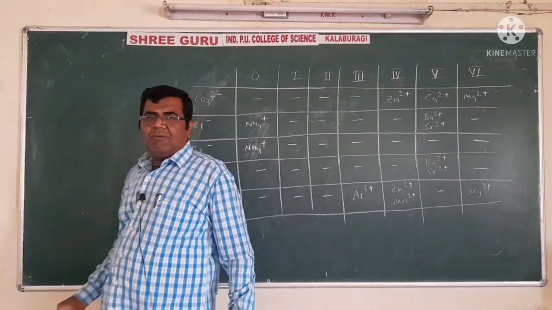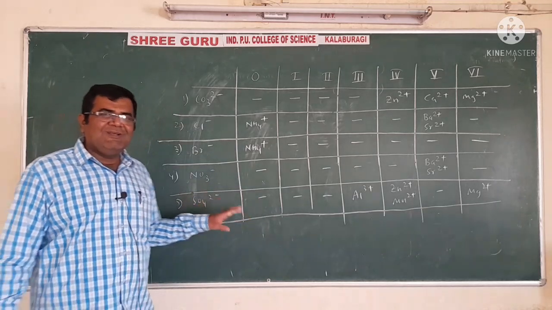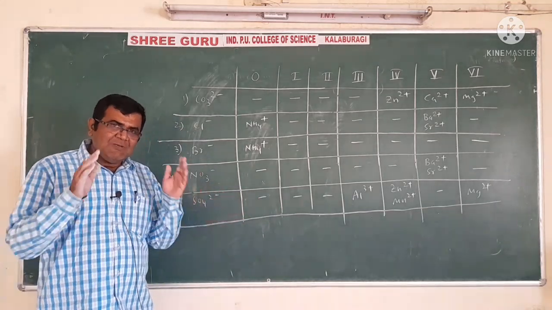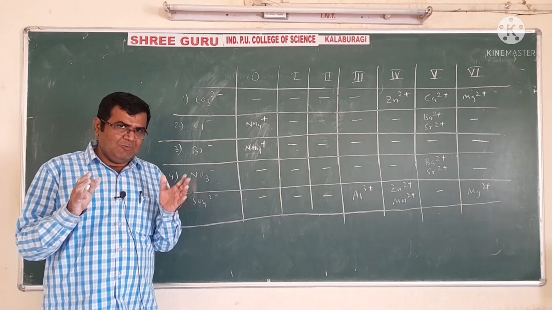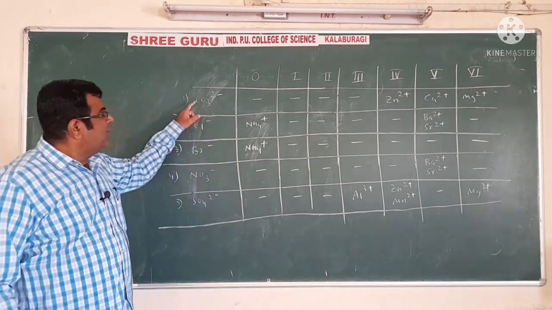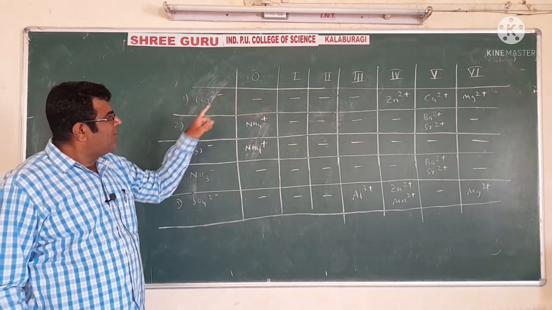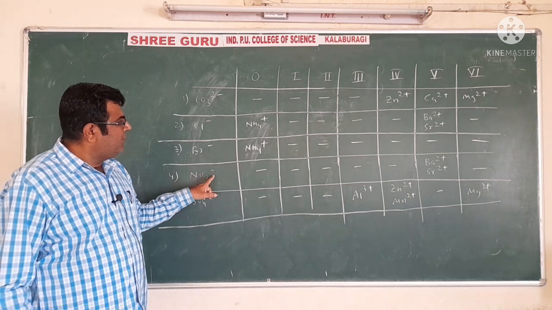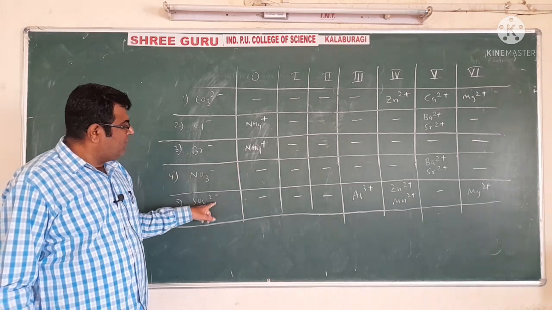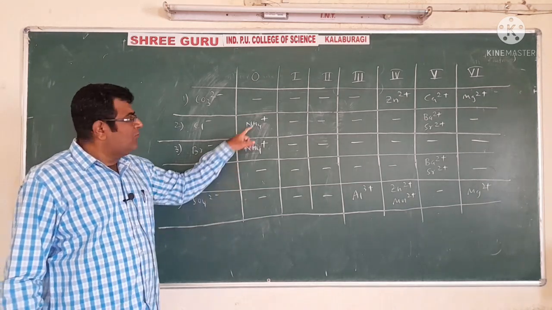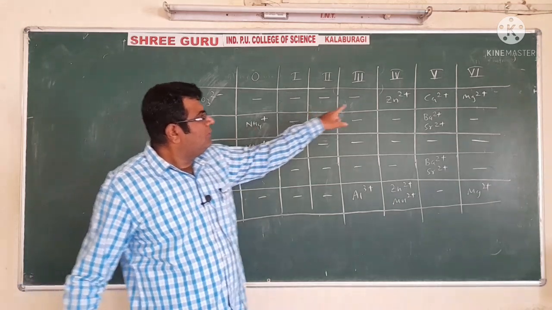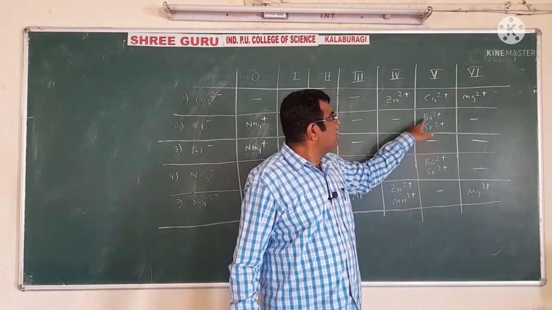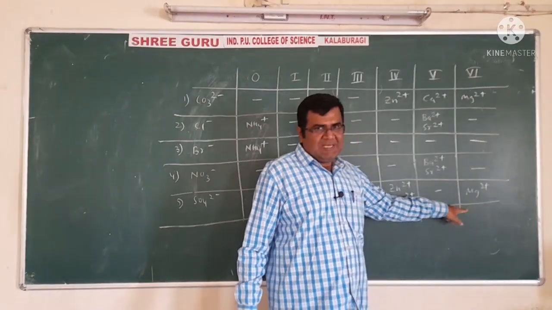So you have to remember this table. Of course, along with this chart, we have this additional work, but this will make some sense of how to identify the radicals. Carbonate, only 3 are there. Chloride, 3 are there. Bromide, only 1 combination. Nitrate, 2 are there. Sulfate, 4 are there. So 1, 2, 3, 4, 5, 6, 7, 8, 9, 10, 11, till 13 salts are there.